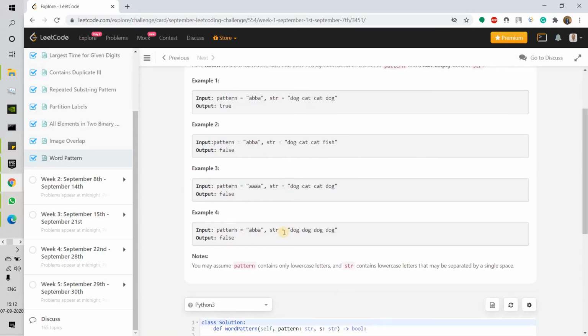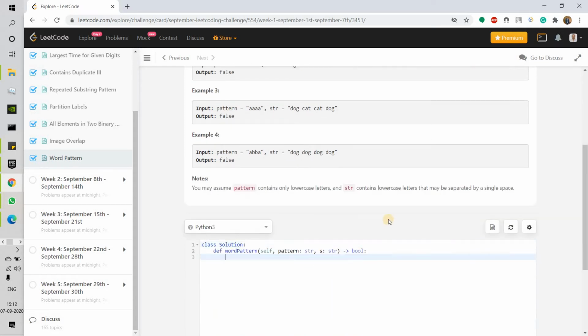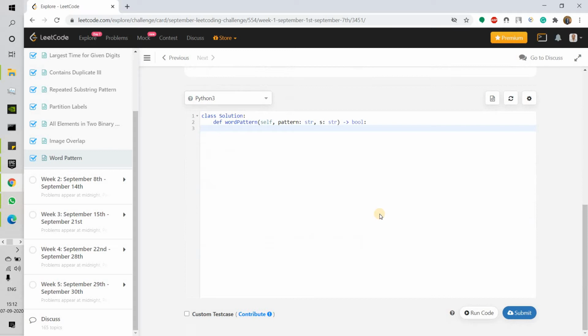But here A is mapped to dog, but B is also mapped to dog, so once the mapping is done, it should not be mapped to another character. So that needs to be noted for this problem statement. So the algorithm for this would be,